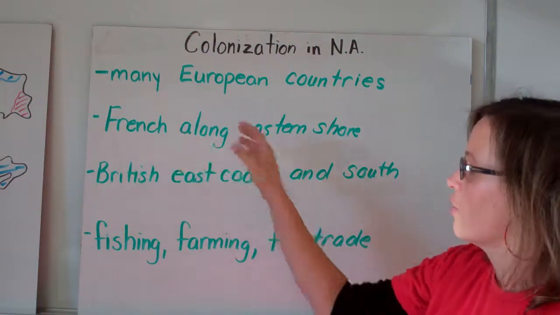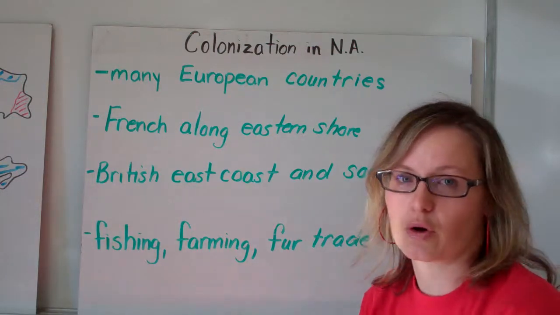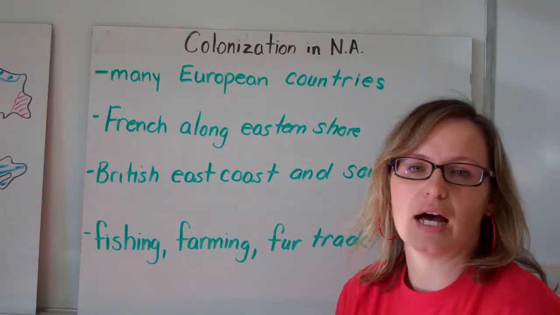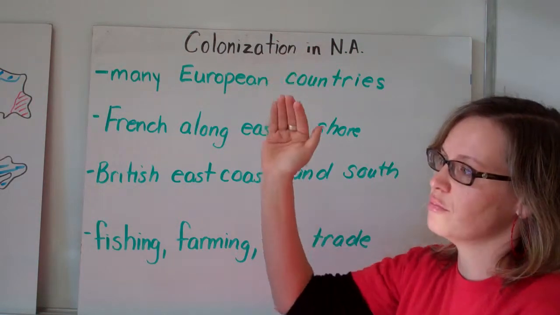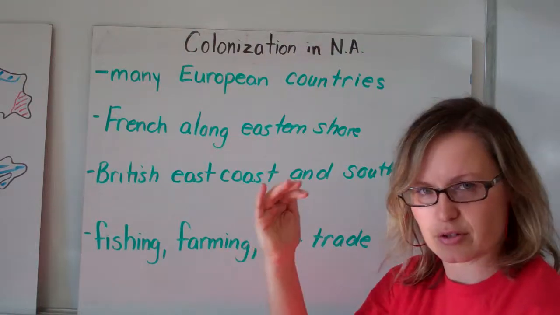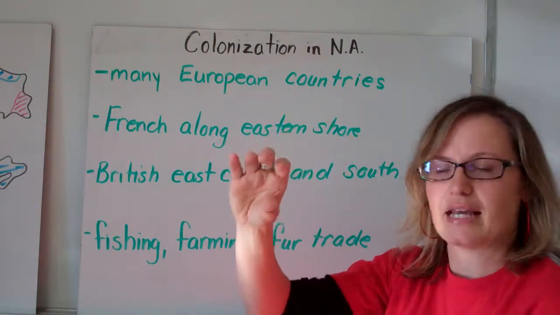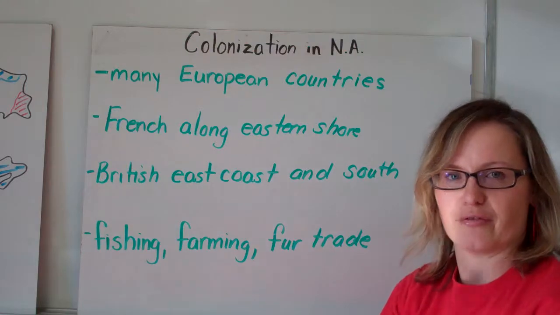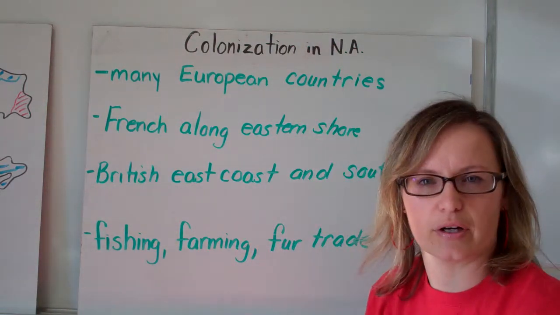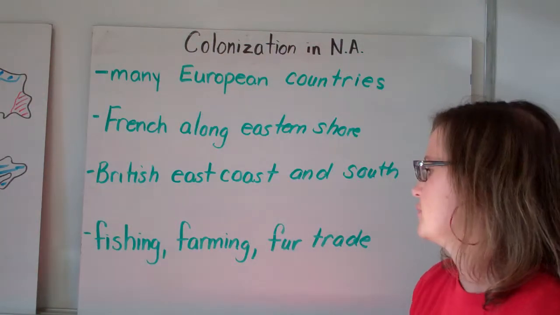And as we saw, the French primarily were along the eastern shore of what is now Canada, and the British were along the eastern coast of the United States. And what would happen is they continued to move southward because, as new traders and new settlers came, the land would already be taken, so they'd have to move further down, further down, further down. In Canada, they sort of went down the St. Lawrence River along that coastline.